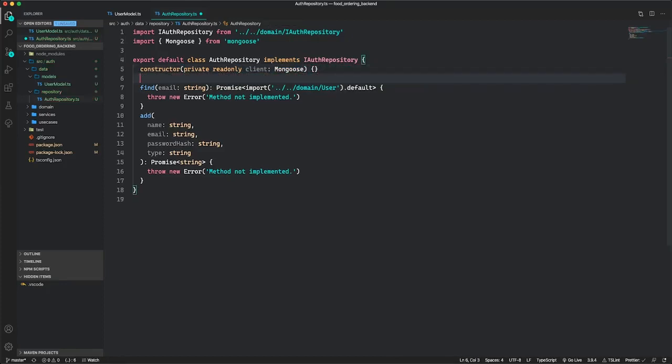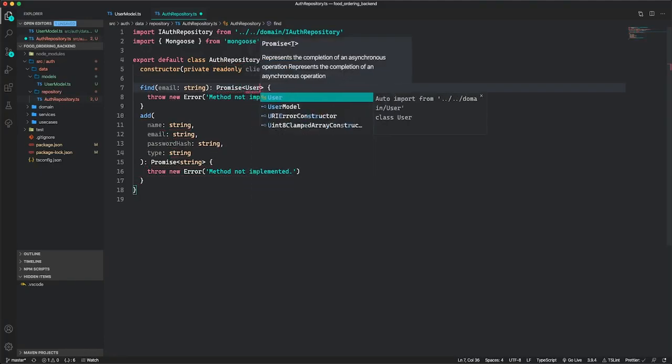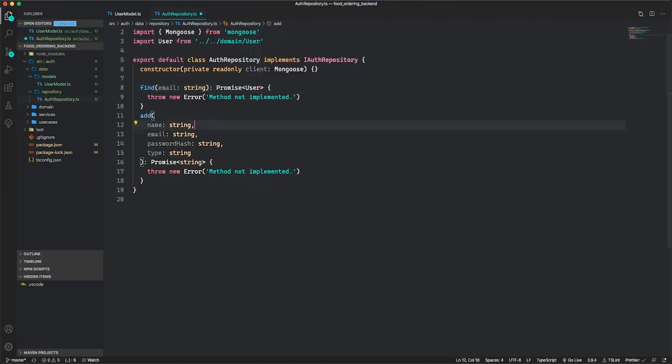So for our find method, we are going to remove this so that it is a promise user, not using the path directly. The promise user, right? So now,